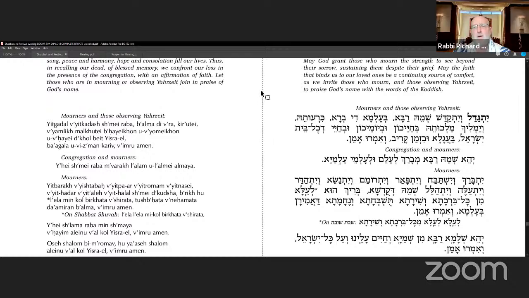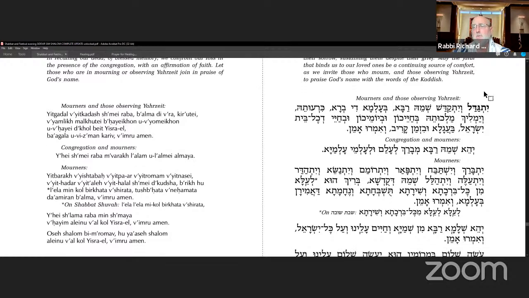And may the faith that binds us to our loved ones be a continuing source of comfort as we now invite those mourning and observing a yahrzeit to rise and to praise God's name with the words of the